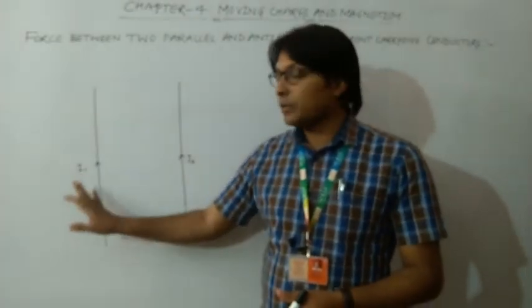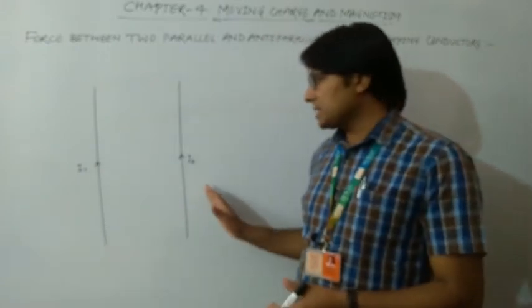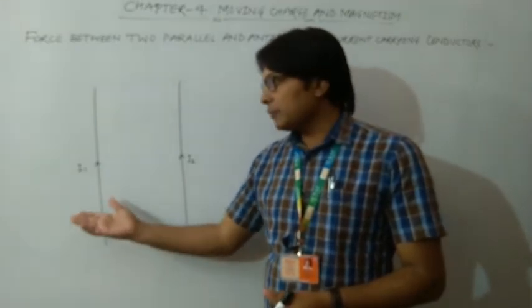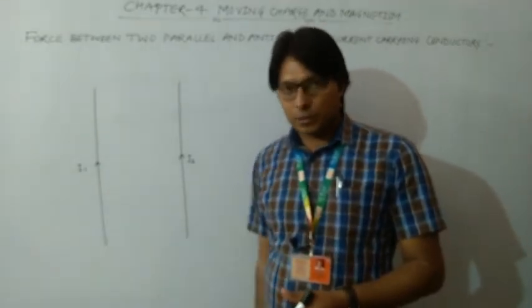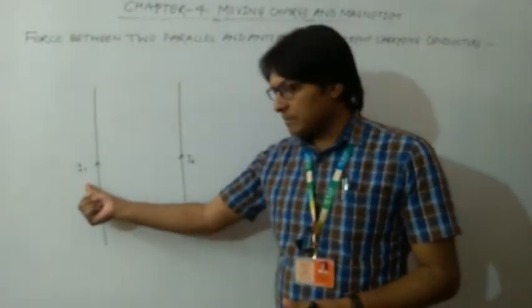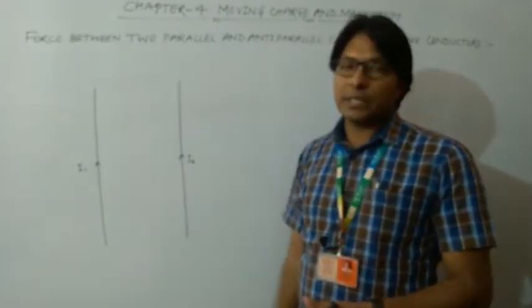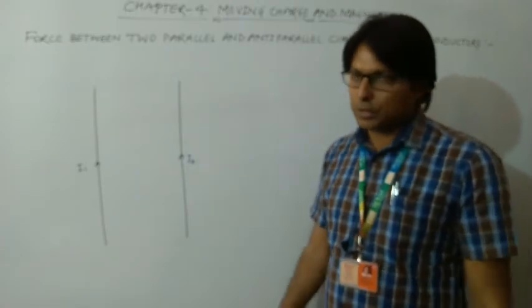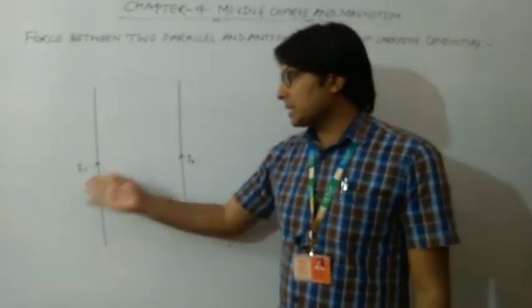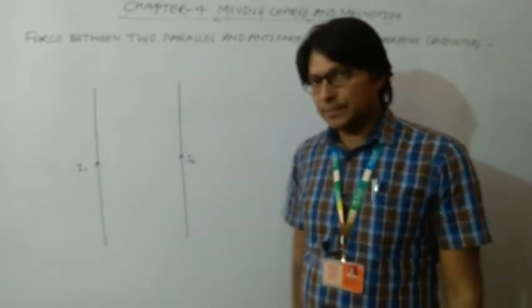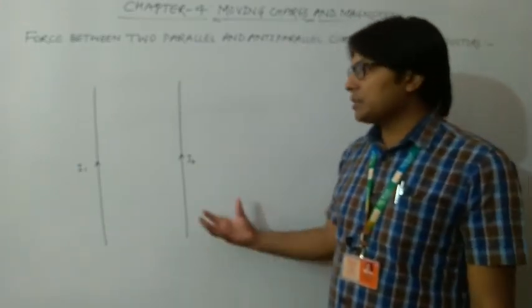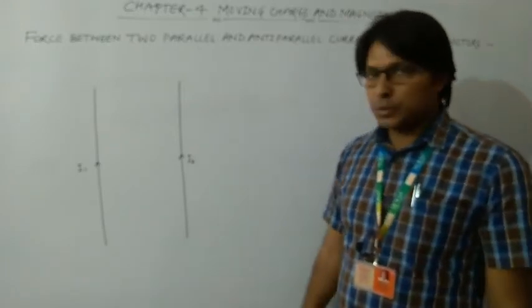This conductor is placed in the magnetic field of the other conductor, and since it is carrying current itself, it will experience a force. In the same way, the other conductor is placed in the magnetic field of this one, and therefore it will also experience the same type of force. Now let us talk about the direction of force exerted by this conductor on the other and vice versa. For that we first have to determine the direction of the magnetic field in which both are kept close to each other.